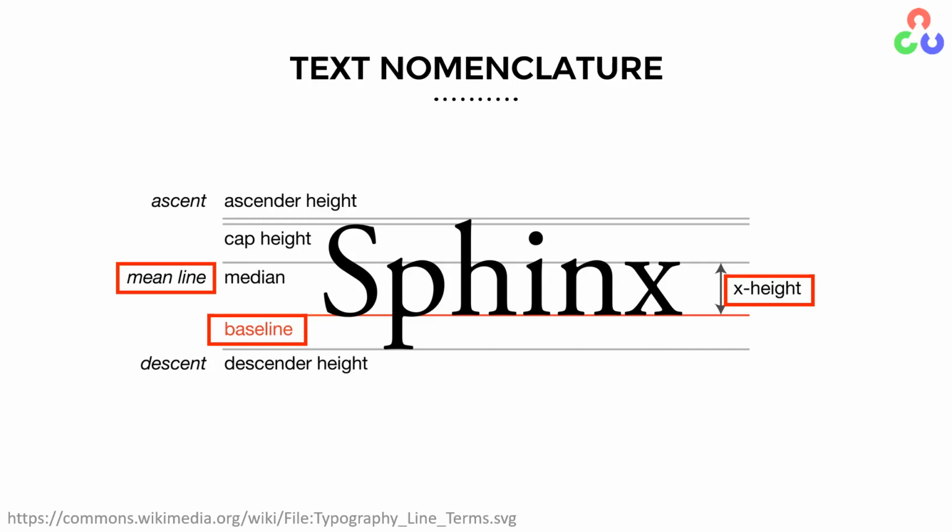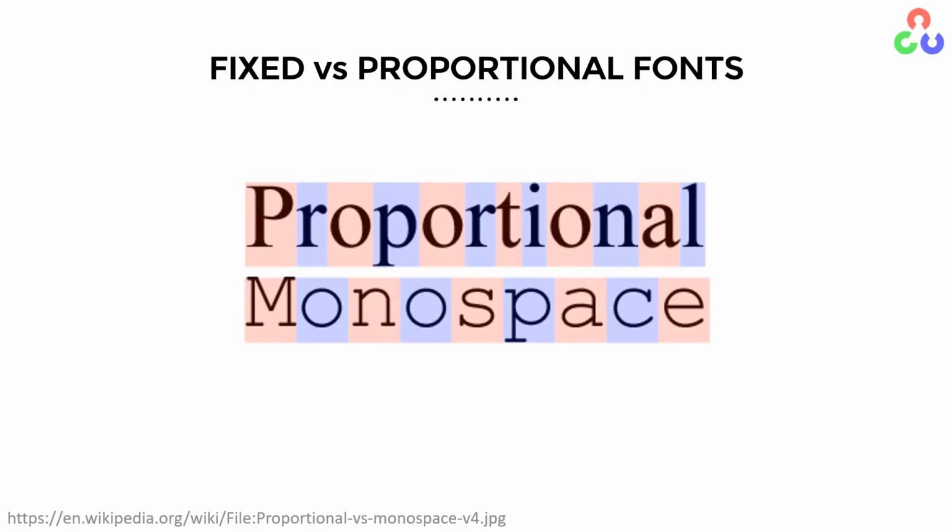So the other thing we want to understand about fonts are fixed versus proportional fonts. This is an example of a fixed font, which says monospace. You can see that every letter or character occupies the exact same space. So these are fixed-space fonts. And it is very easy to segment this font because once we have figured out a word, we can easily segment by knowing that it is a fixed-size font.